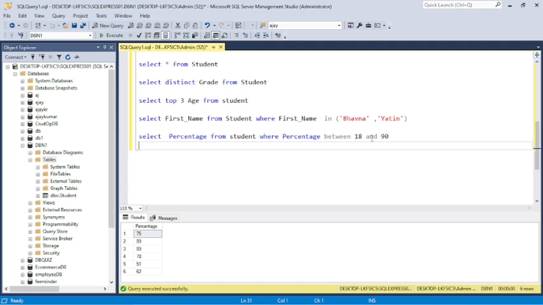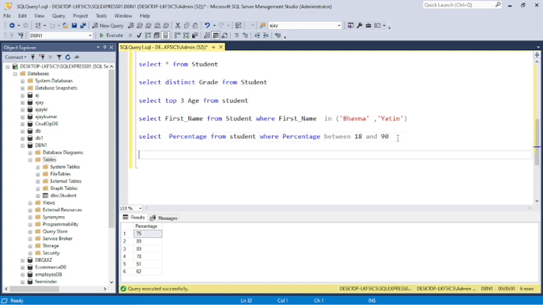It is a conditional operator, and it shows all the data between 18 and 90. Then we move forward to alias.